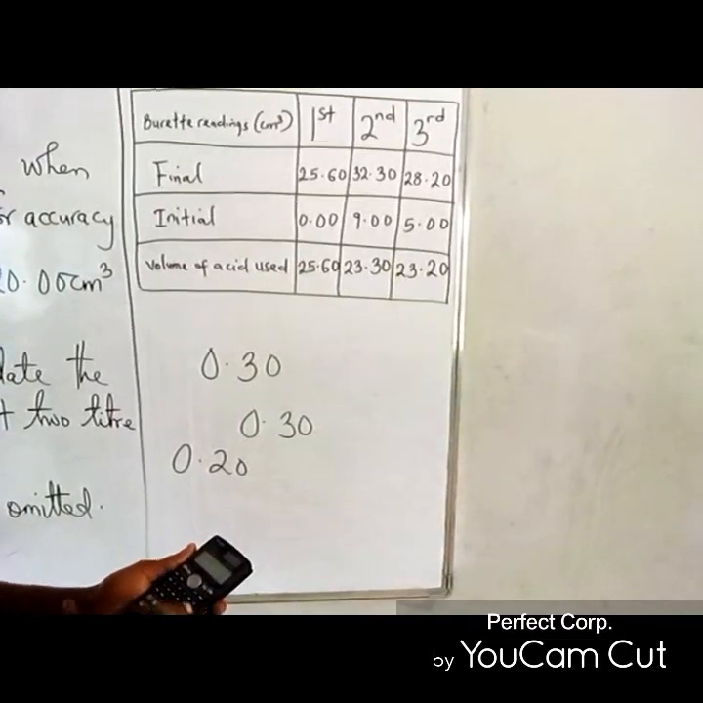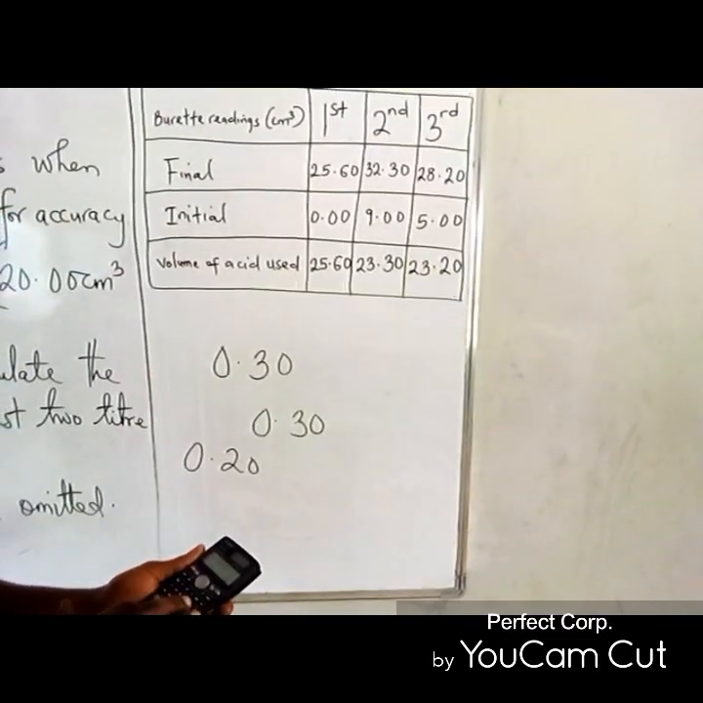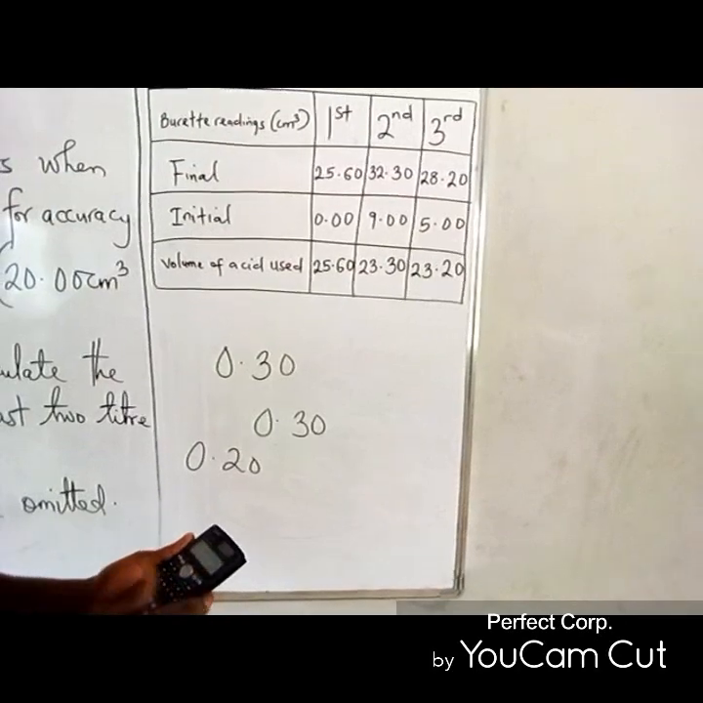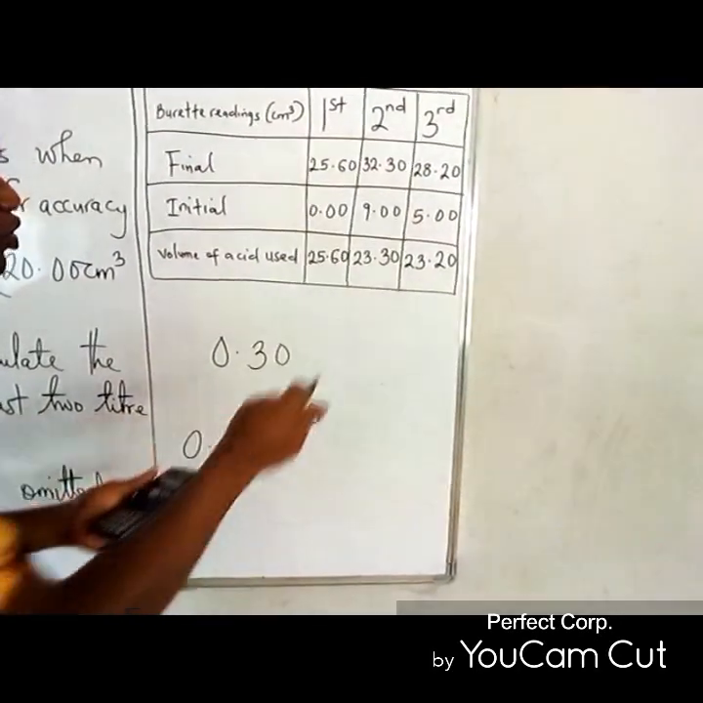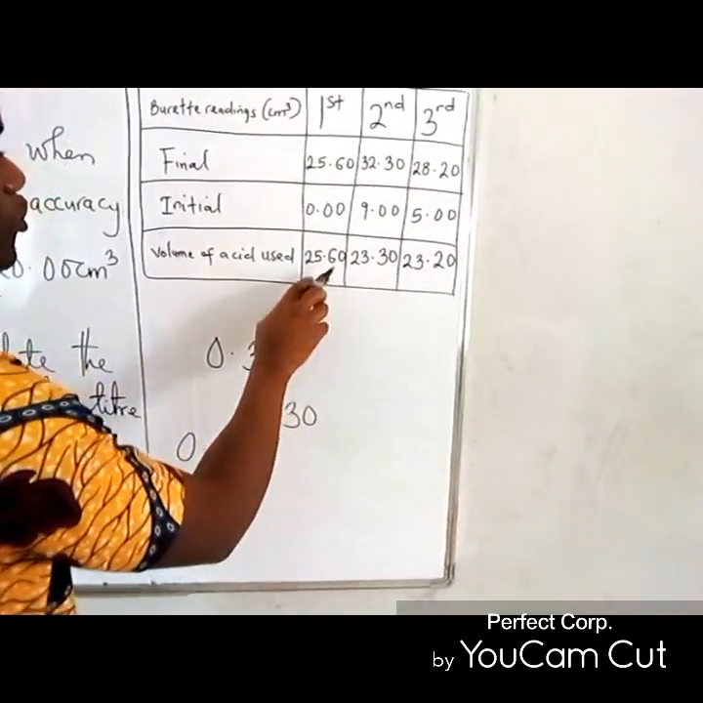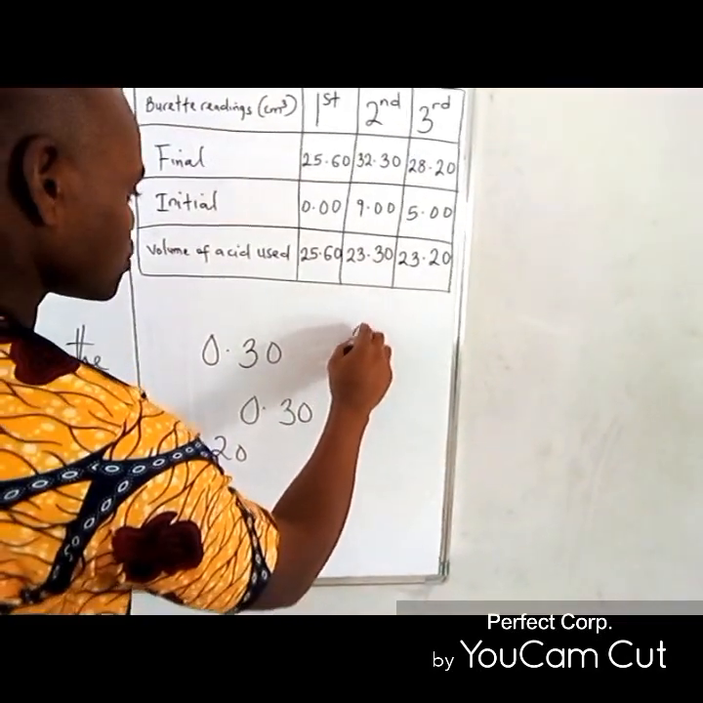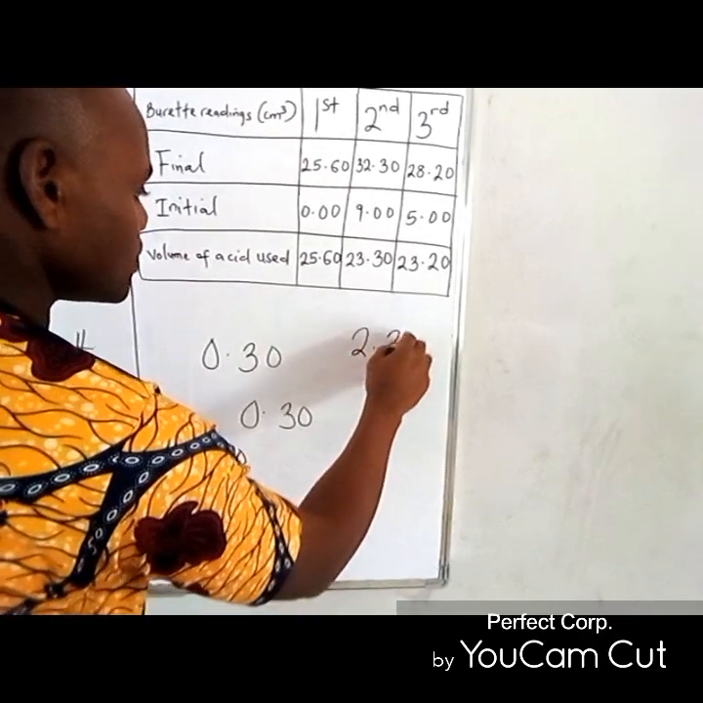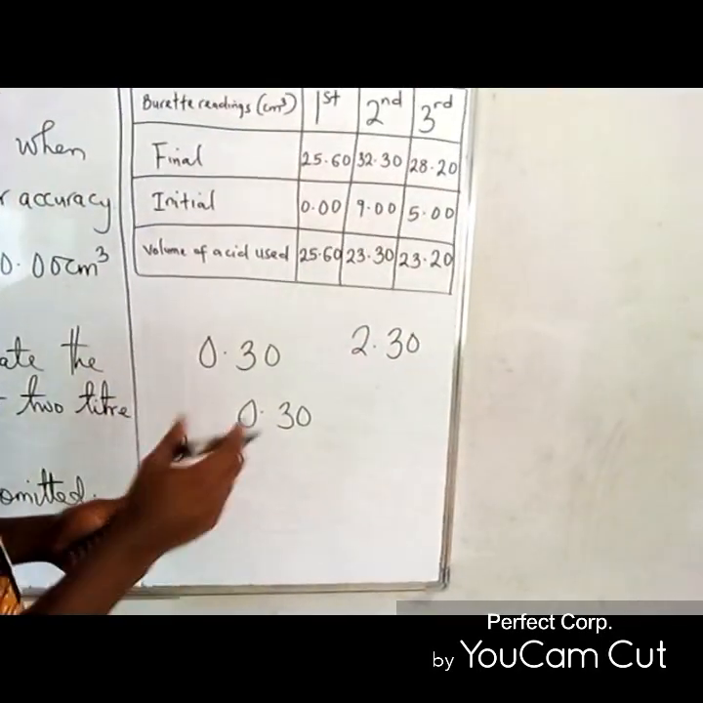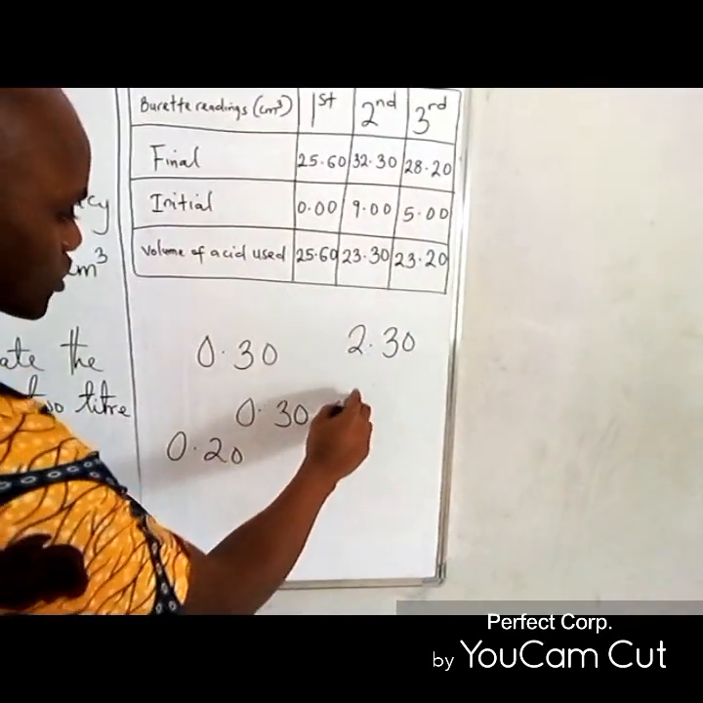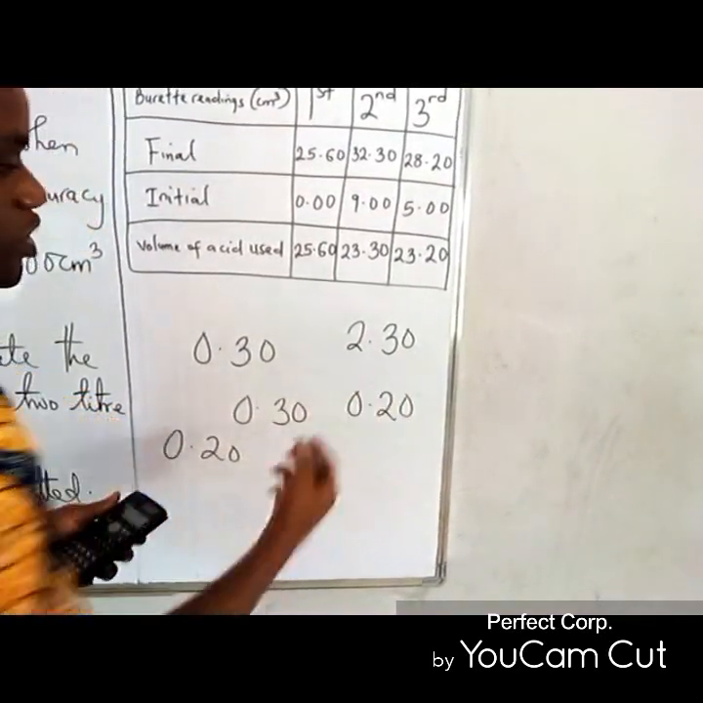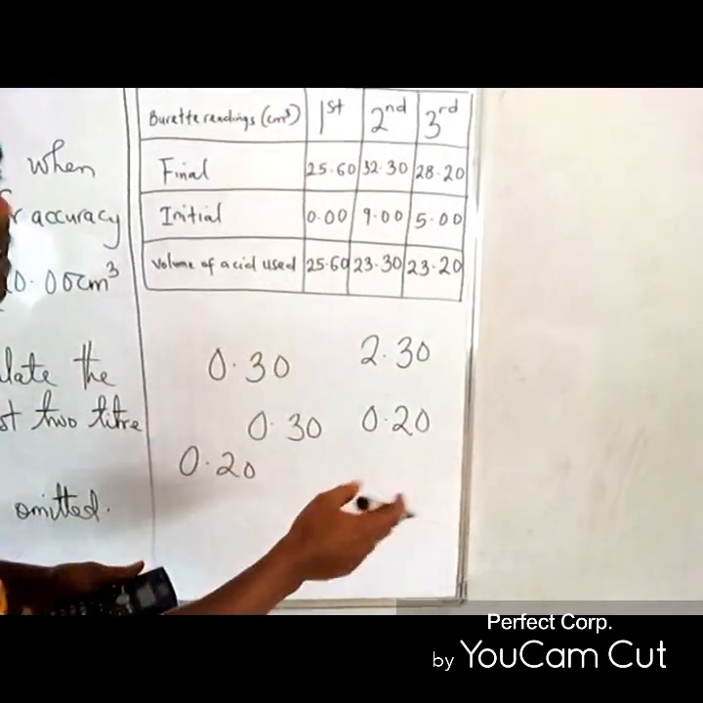25.60 minus 23.30. As for this first value, we subtracted 23.30 from 25.60. The answer I got here is 2.30. Now when you check 2.30 and 0.20, it shows that 2.3 is higher than this, so which means you